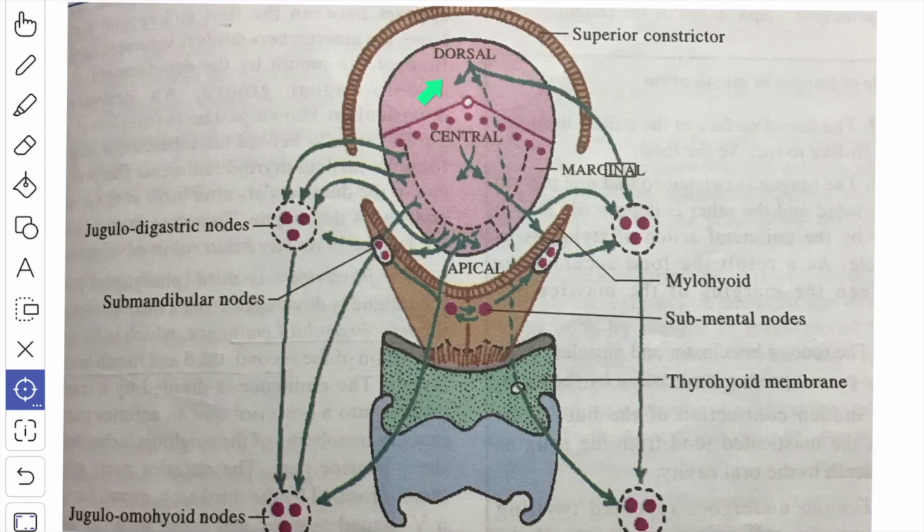The dorsal set or the basal set drains the posterior one-third of the tongue including the vallate papillae. Most of the vessels drain bilaterally into the jugulodigastric nodes after piercing the pharyngeal wall. One vessel passes downward behind the tongue and the hyoid bone, pierces the thyrohyoid membrane and drains directly into the jugulo-omohyoid nodes. When you see the peculiarity of the lymphatics, they do not accompany the blood vessels.